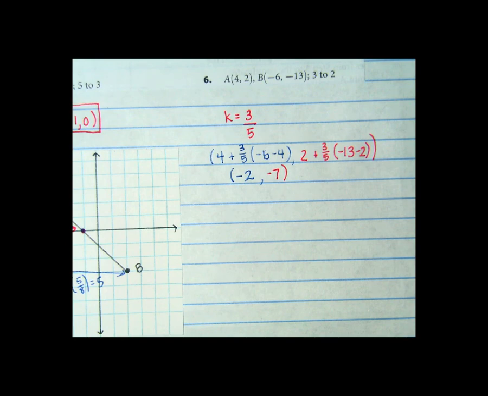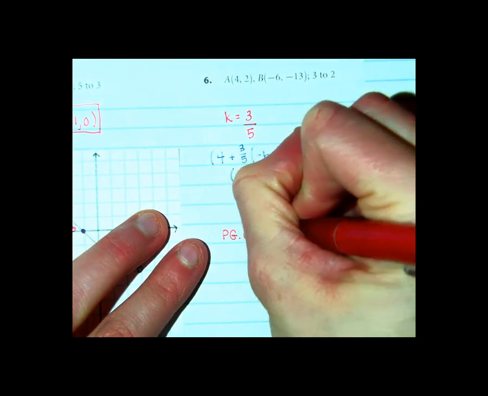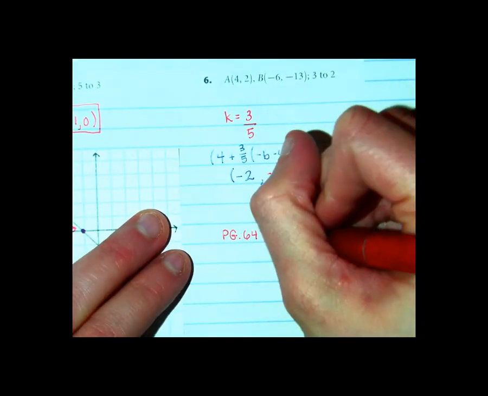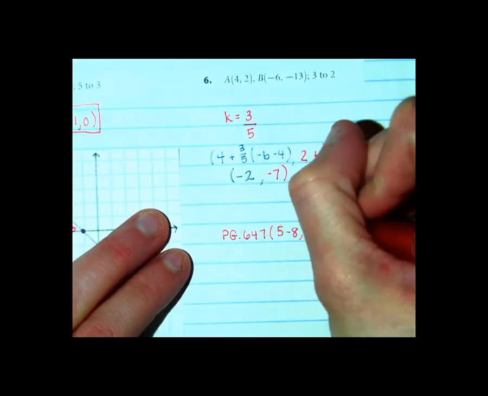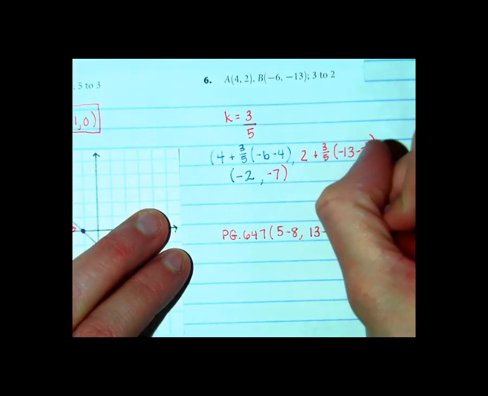Alright, that is all for subdividing a segment. I'm going to tell you the assignment, and then you're going to get started on that. It is in your book. It is page 647. Five through 8. 13 through 16. If you want graph paper, it's in the back of the